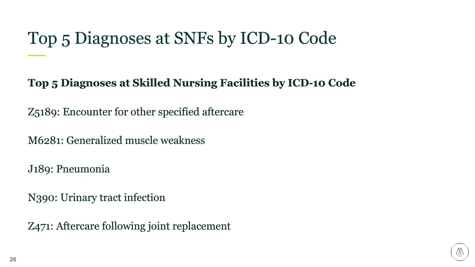Also, outside of rulemaking, we were able to locate the top 5 diagnoses by ICD-10 code. So you can see in the skilled nursing facility setting, these are the top 5 diagnoses. And it is important to note that certainly with this encounter after other specified care and aftercare following joint replacement, in that PDPM model, when you are bringing in a patient who has received some type of surgical care, whether it's cardiovascular, orthopedic, those types of things,